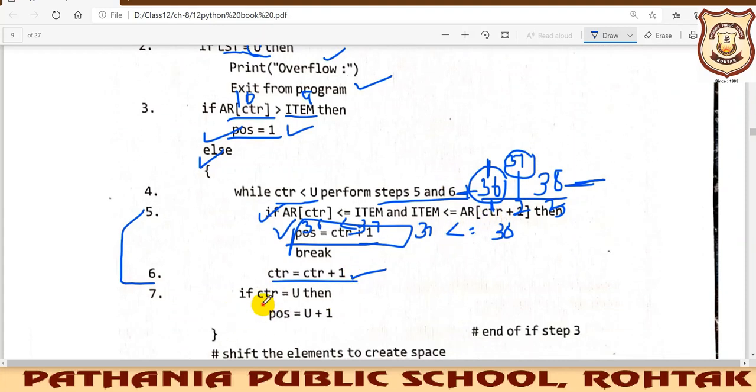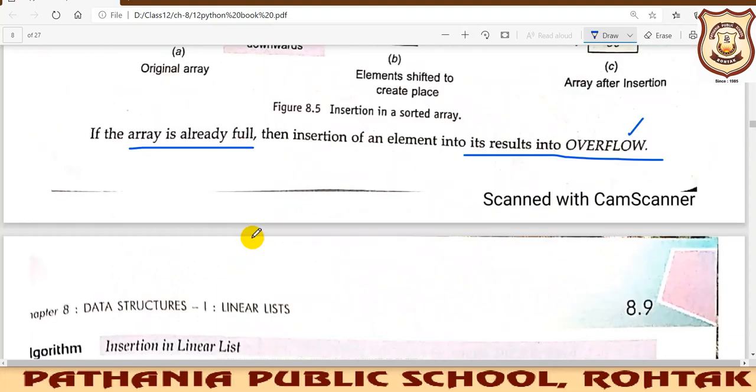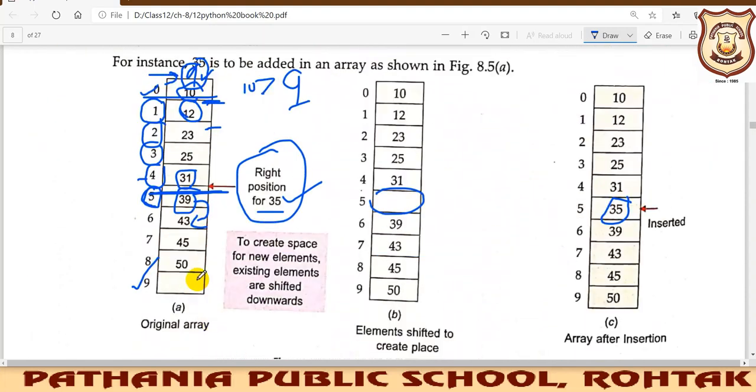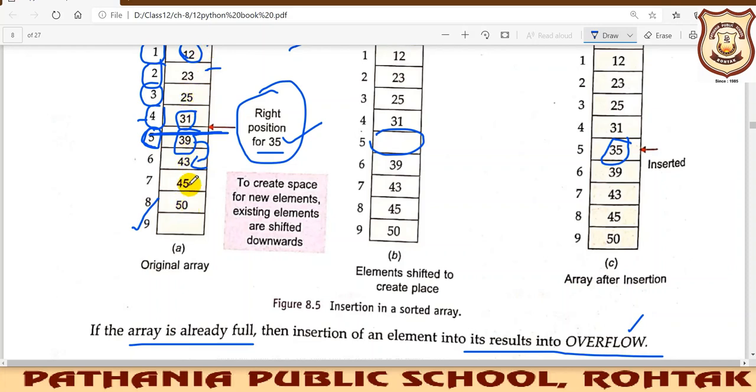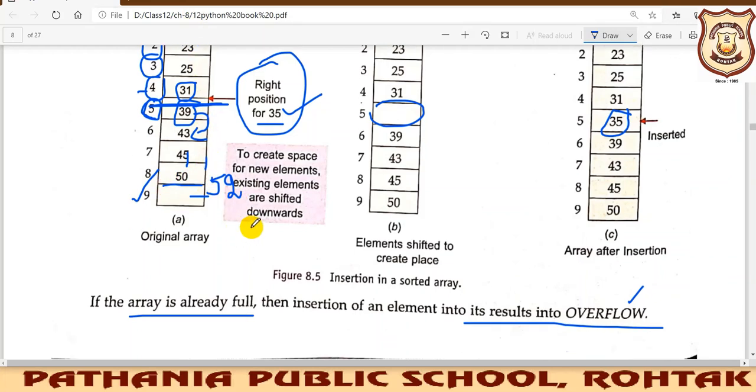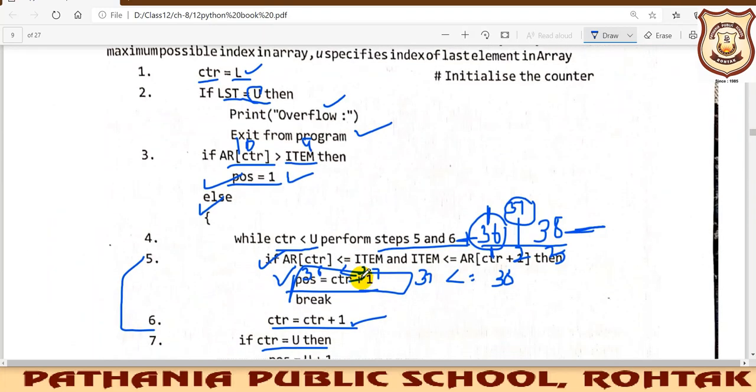Okay, if we have reached the upper bound, that means the element we are trying to insert is not less than these. Like I want to insert 52. So I'll keep on comparing, and finally at the last I will find the space where I should insert it. After 50 only it should be inserted. So I have reached, after complete searching, the upper bound, and there I'll note down the position plus 1.